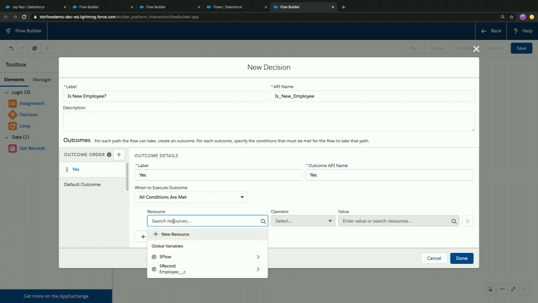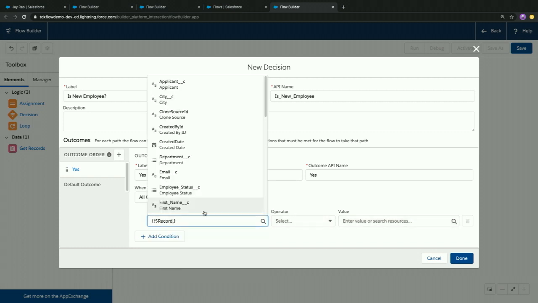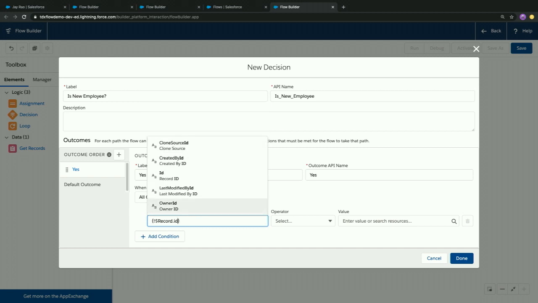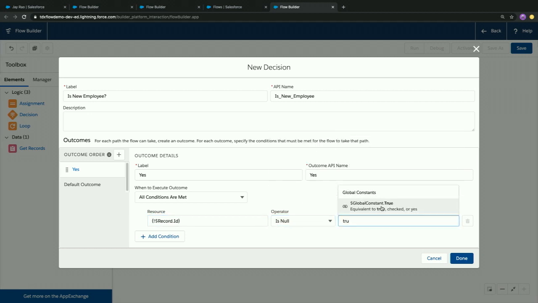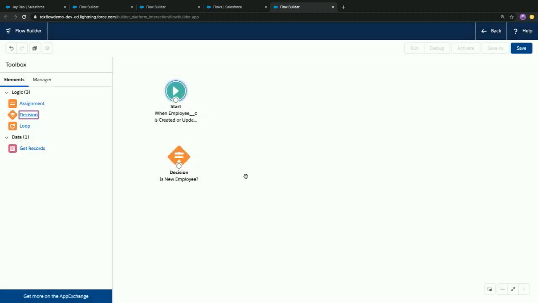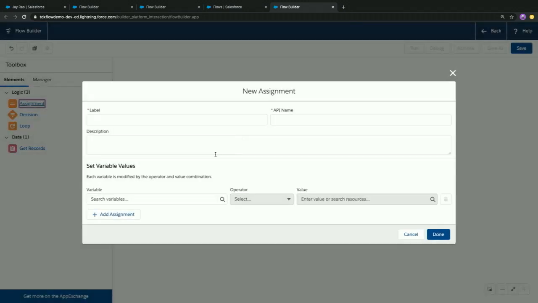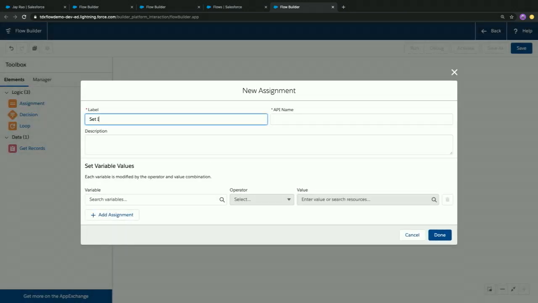Now, we don't yet have formulas for is new or prior value or is changed. But what you can do if you want to check for new is, because it is a brand new record and ID is not actually set until a little later in the process, you can check and see if record ID is equal to null. I'll make that true. And that essentially is the same thing as doing an is new. We will be adding all those other things later, but for now, this is a good way to work around that. So I'm going to say, if it's a new employee, I want to set the I-9 deadline.